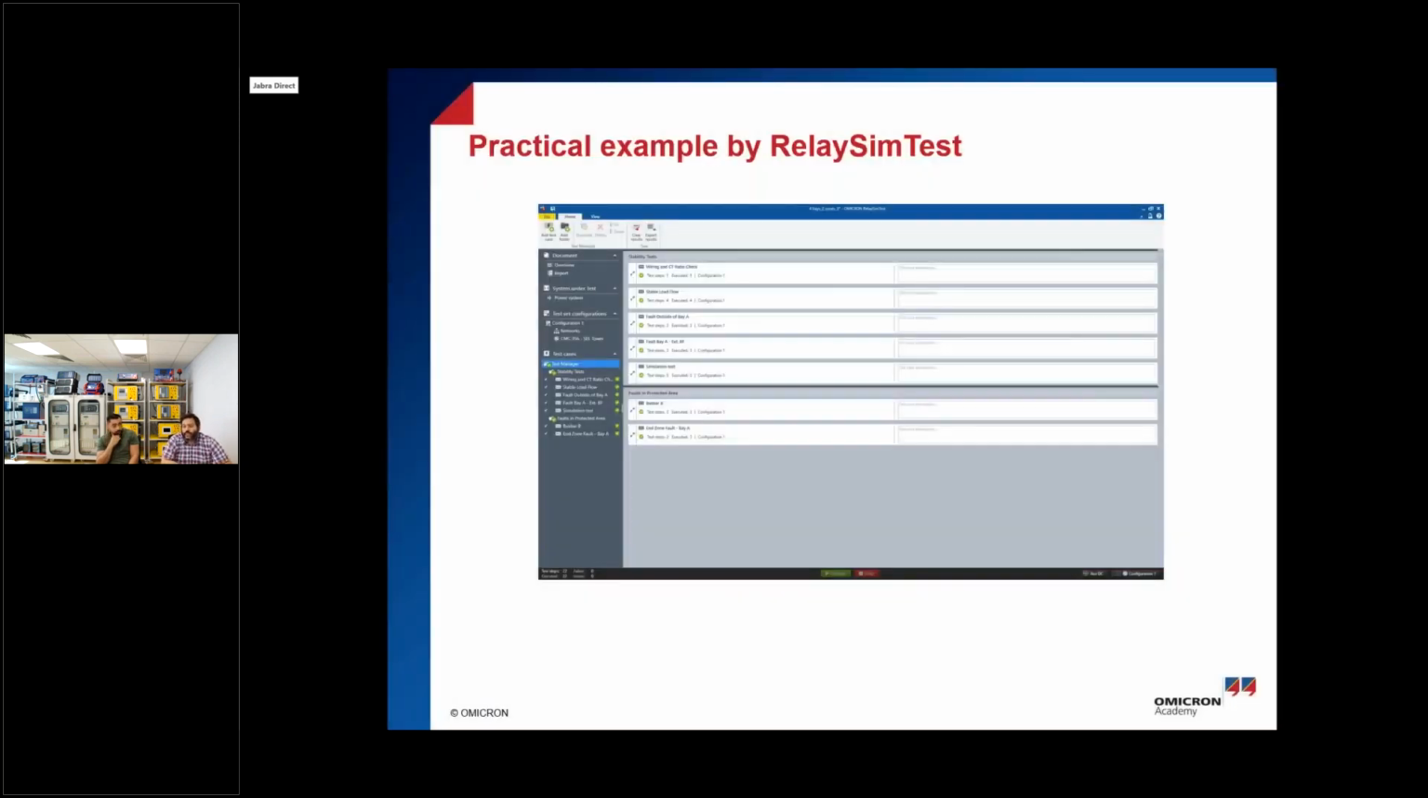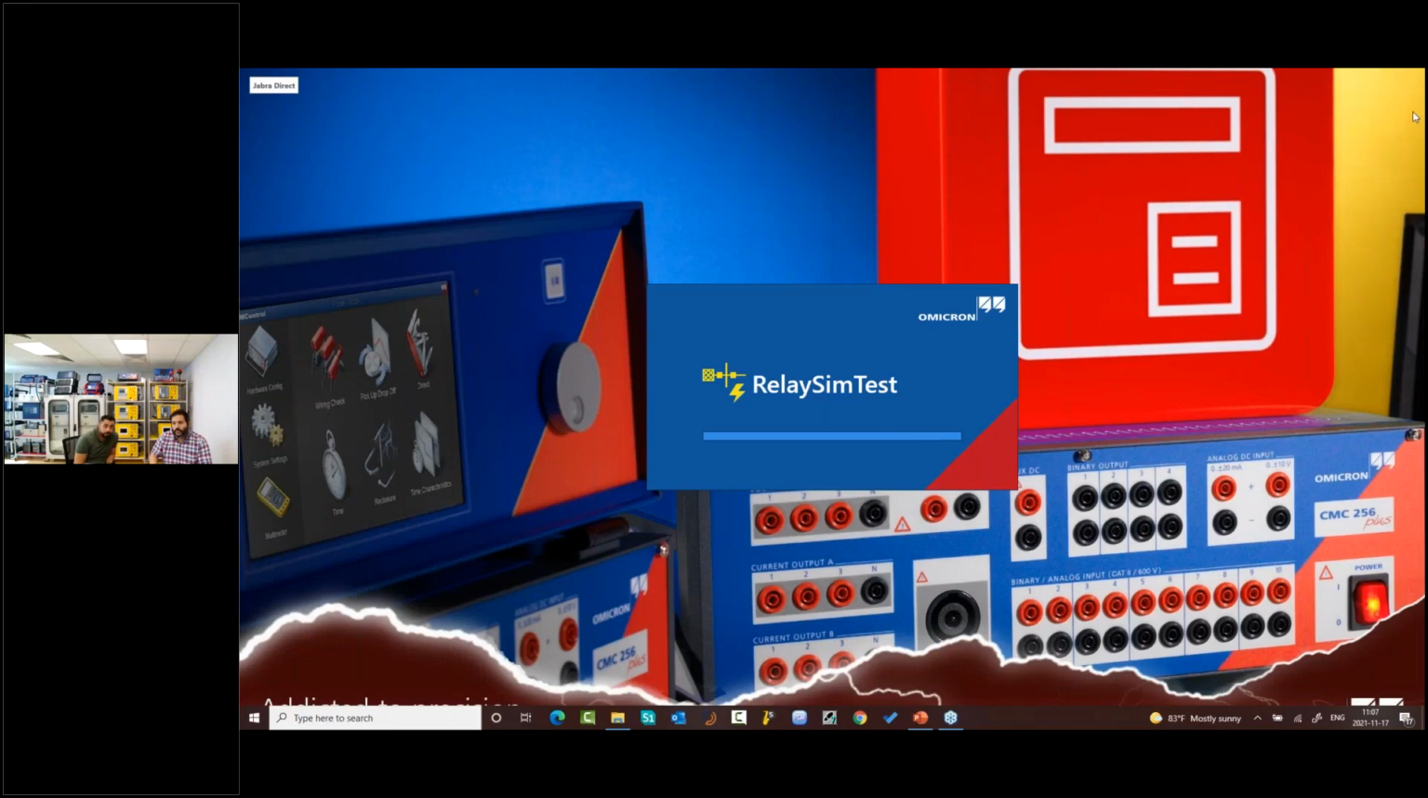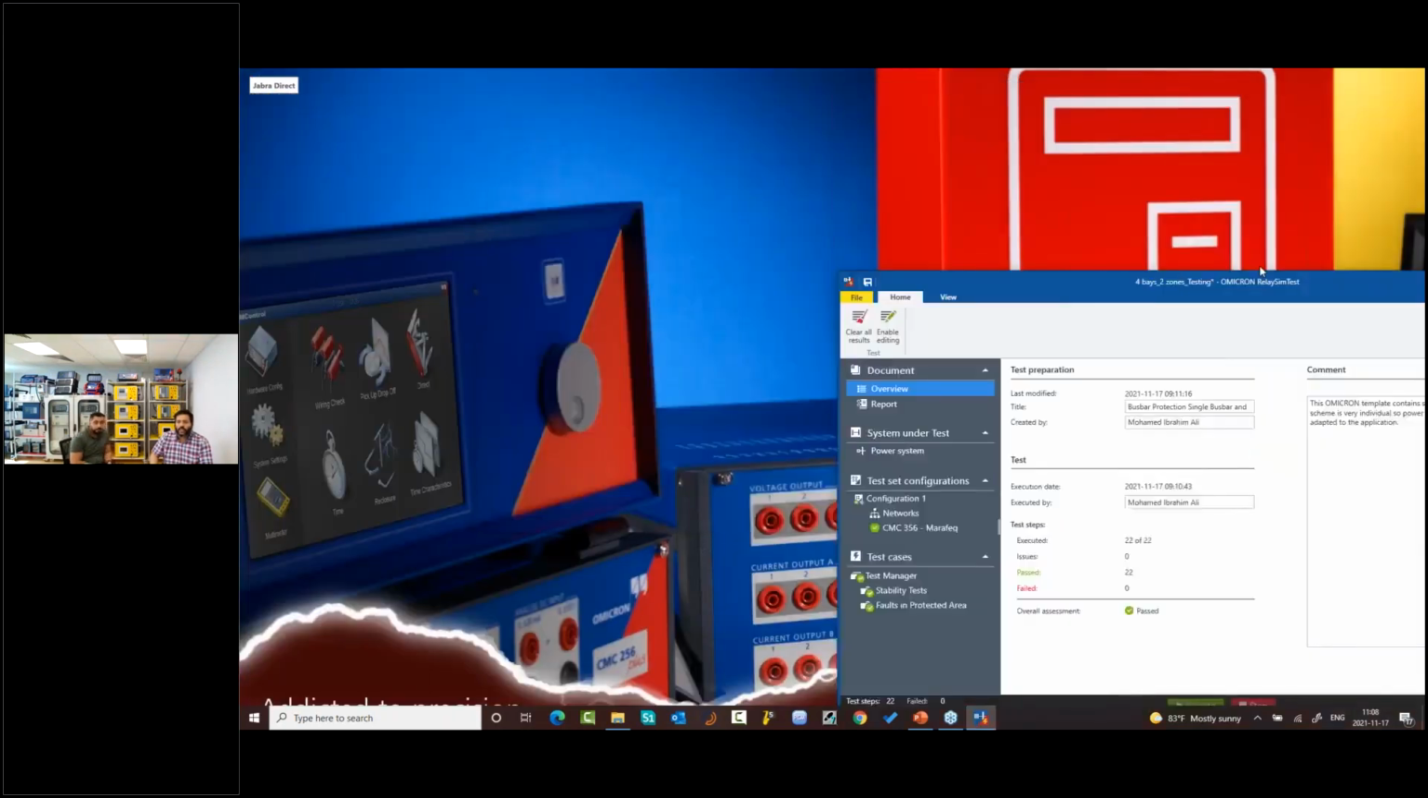Here, the first practical example will be the live test, as we mentioned. I prefer always to open the software and start to explain point by point. At that moment, I would like to switch on the CMC. And I will stop sharing, and I will share the software directly. Okay, as you can see now,